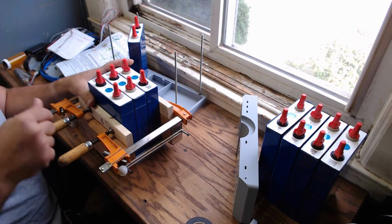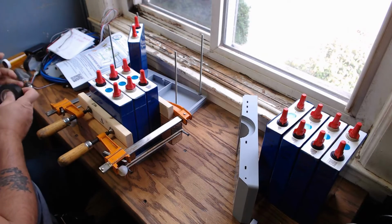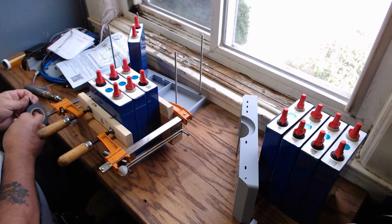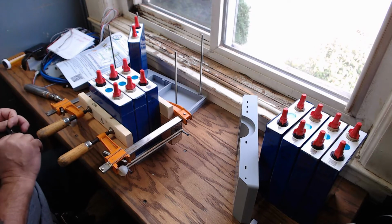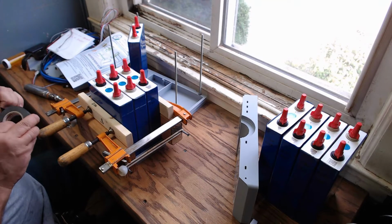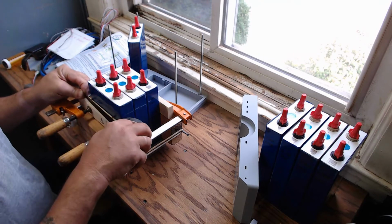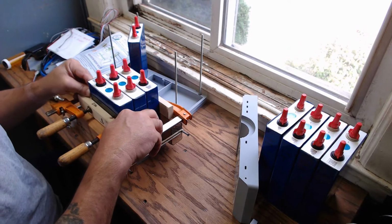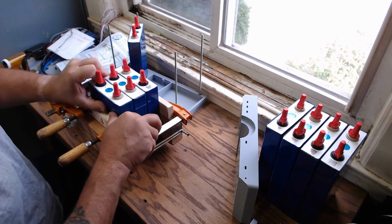All right, so there we go. So I'm going to use electrical tape. And this is solely to hold these batteries in some sort of neutral position. The reason I put these blocks down here like this is so I can do a nice even